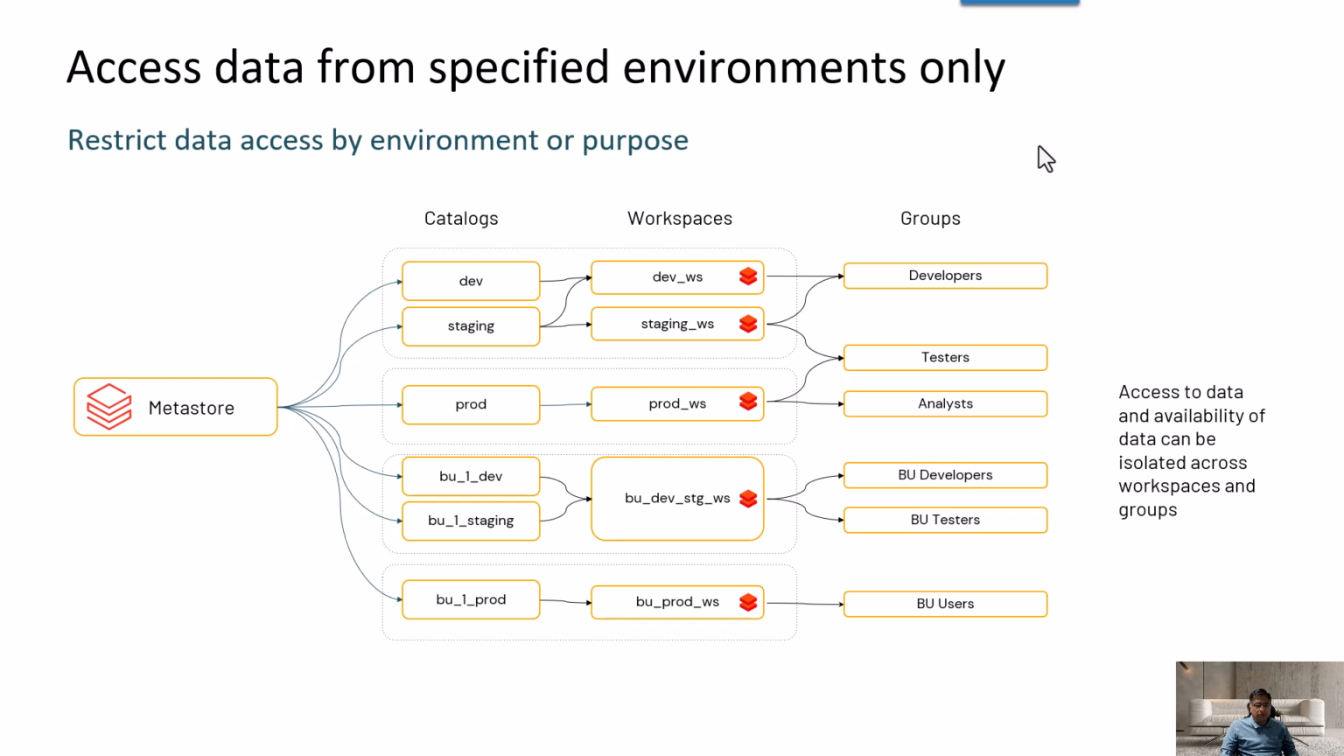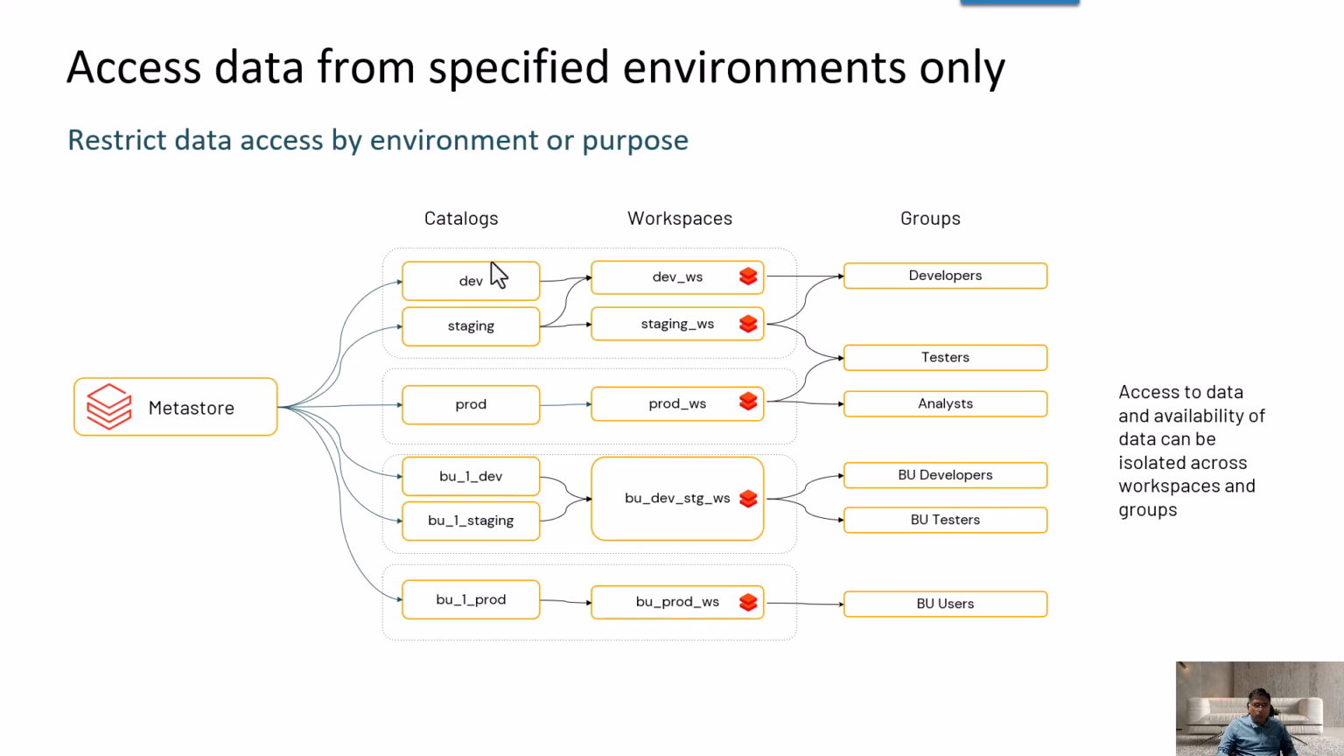Unity Catalog provides access to data from specific environments, right? So let's understand this example. You have one metastore. In the metastore you have catalogs, and for each catalog, like in this example, dev, staging, prod, and then the catalog could also be assigned based on the business unit level. So in this case, business unit 1 dev, business unit 1 staging, business unit 1 prod. So the catalog could be defined based on the environment dev, prod, QA, or it could be based on the